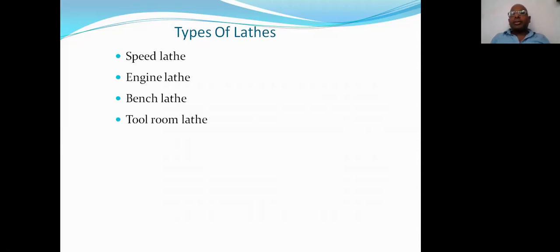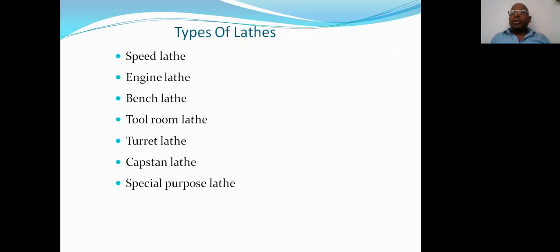Next, tool room lathe. This tool room lathe is classified based on the usage or application. Next, turret lathe and capstan lathe. These are classified based on the design. They are designed with specific features for specific applications. Next lathe, special purpose lathe. This special purpose lathe is used